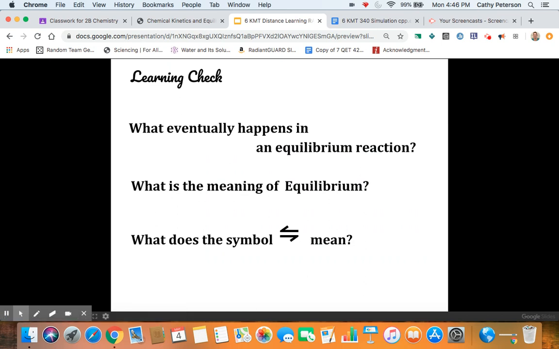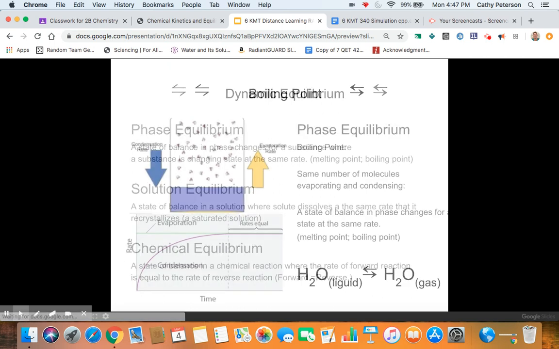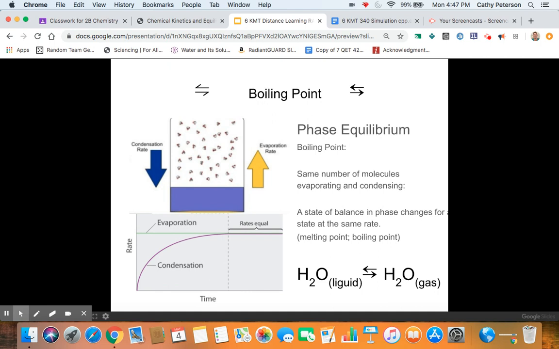What eventually happens in an equilibrium reaction? What is the meaning of equilibrium? And what does that little back and forth symbol mean? When we talk about these things, we're going to be talking about dynamic equilibrium. And there's several different types of equilibrium. We're going to be focusing on this chemical equilibrium, but just to quickly review,